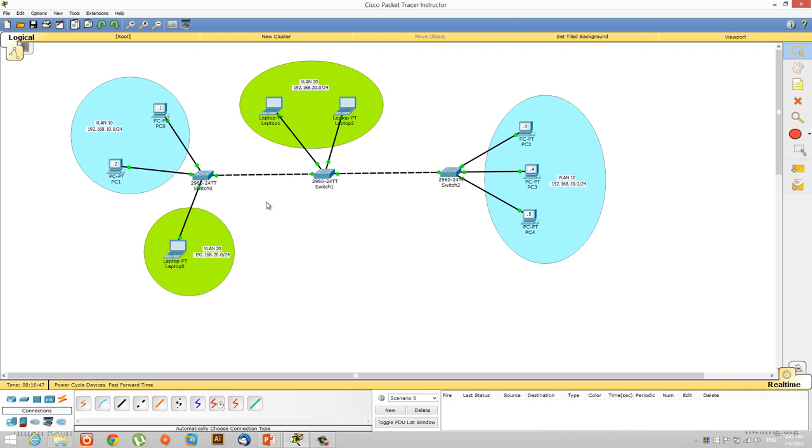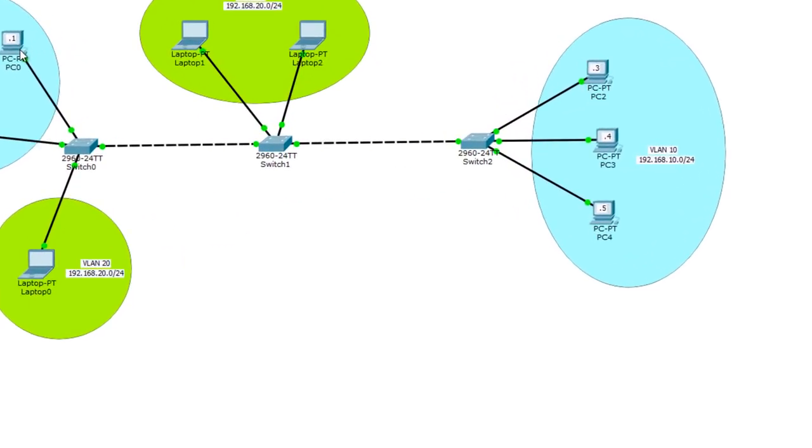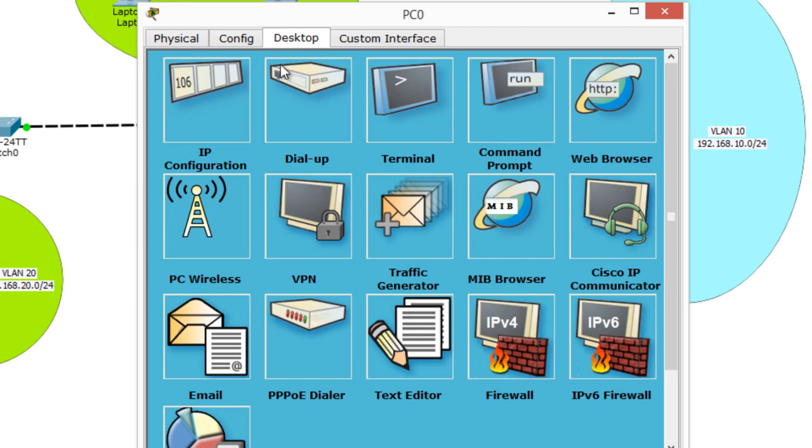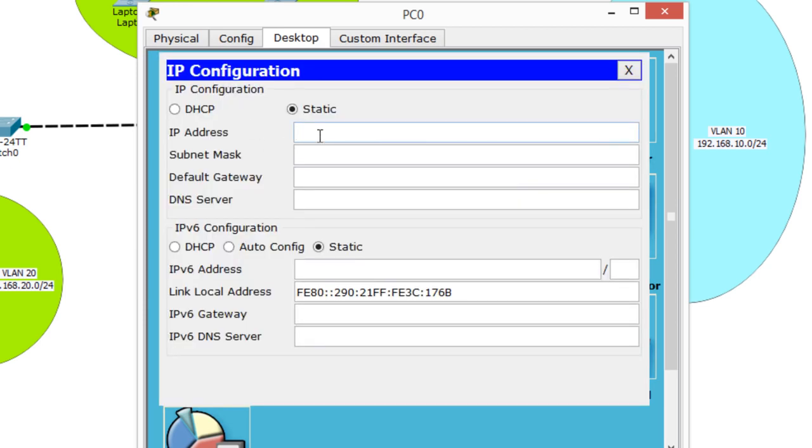So I have not configured anything. I've just drawn this topology. So let's see how we can configure. I'll start with PC0. I click on PC0 and put the IP address. So the IP address is 192.168.10.1, and I put a subnet mask, which is automatically populated, 255.255.255.0. And I'm not going to use a default gateway, because